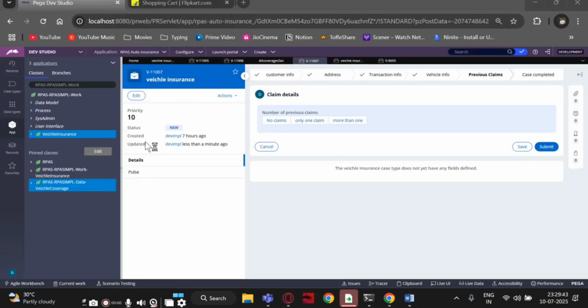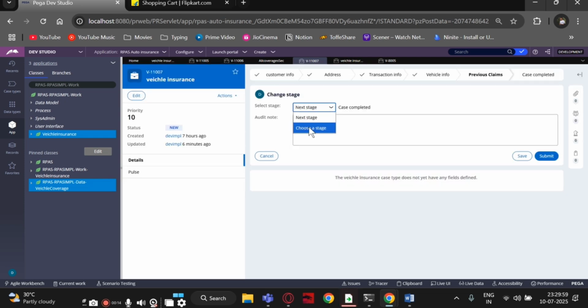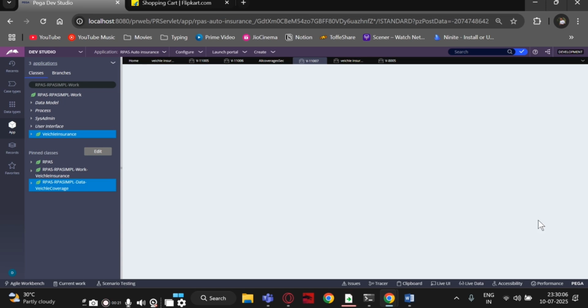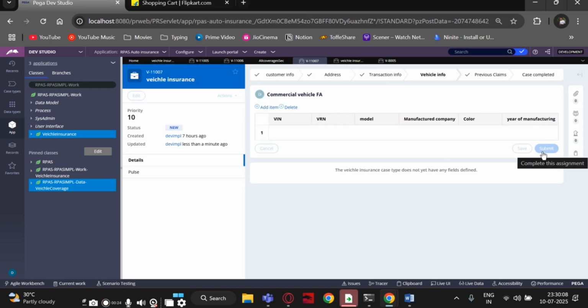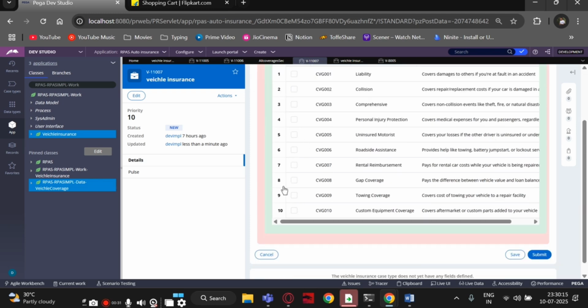Hi all, in this video I am going to show you how to create a screen which loads the values. After choosing this, in the previous video we have seen how to create this button to choose the